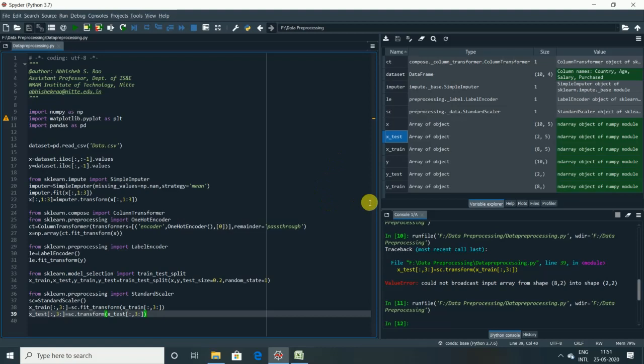In the data pre-processing, we saw several techniques and aspects, like how to import the libraries: NumPy, Matplotlib, and Pandas. We saw how to import the data set, the CSV file, from the working directory. We saw how to take care of the missing data. And the best part we saw is how to encode the categorical data using one hot encoder and label encoder. When you have more than 2 categories, we use one hot encoder, and when there are only 2 values, we use label encoder. Also, we saw how to split the data set into training set and testing set. And finally, we applied the feature scaling method in the data pre-processing, guys.